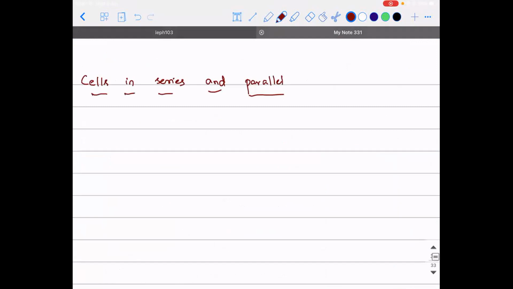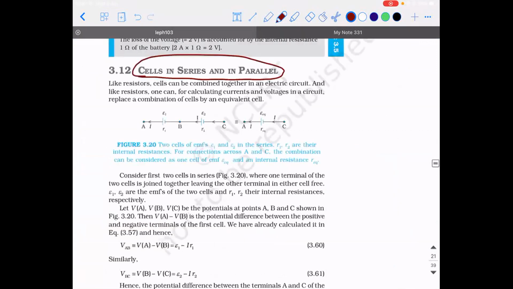So I'll explain it from here. When you say the cells are connected in series, suppose you take a cell, it has a positive terminal and a negative terminal. You take another cell that also has a positive and negative terminal. If the negative terminal of the first cell is connected to the positive terminal of the second cell, similarly, if you have a third cell and the negative of the second is connected to the positive of the third, then we say that the cells are connected in series.